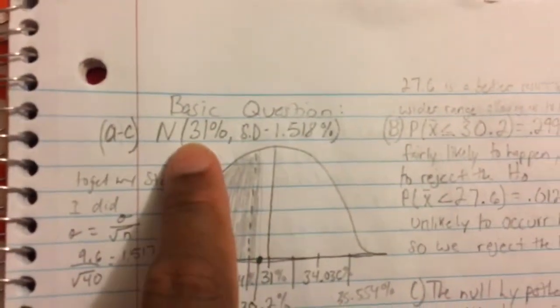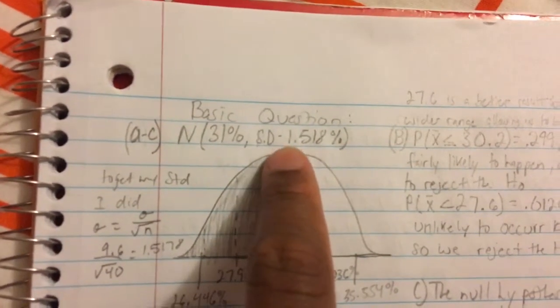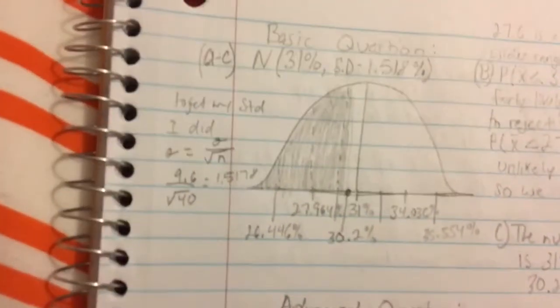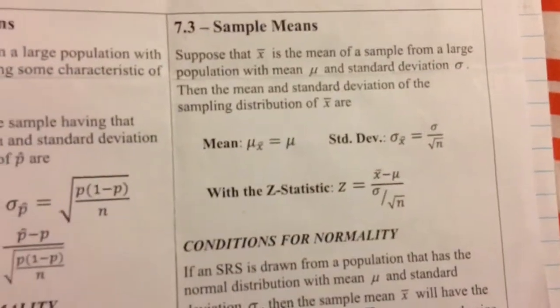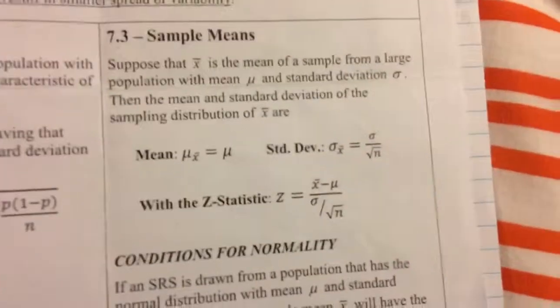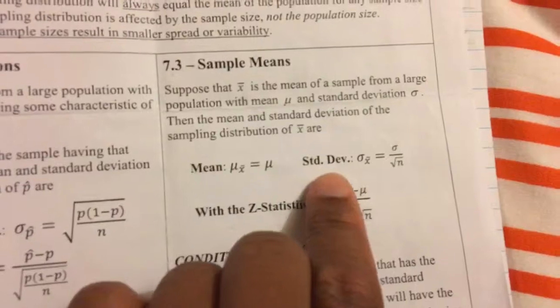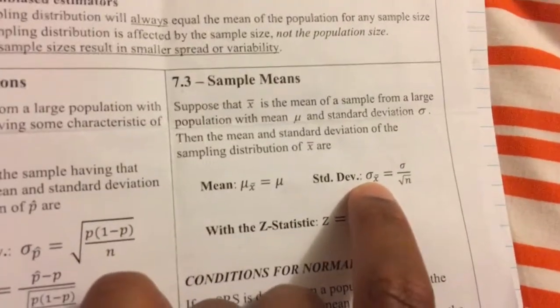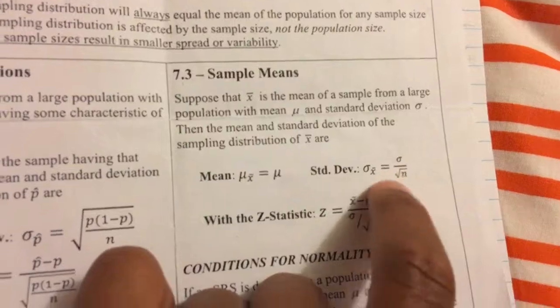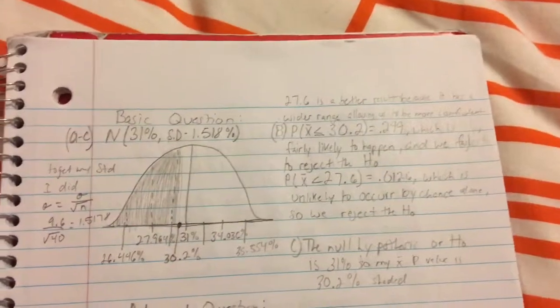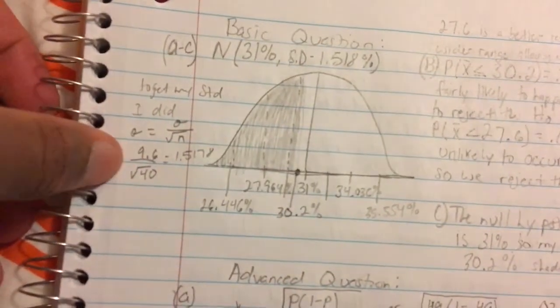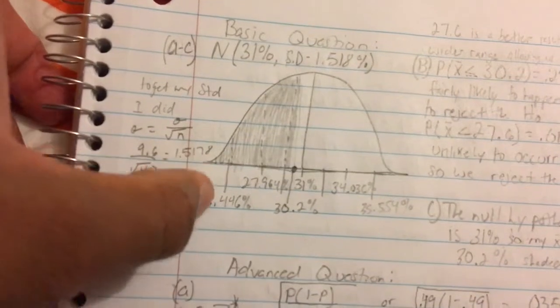So first things first, since they give you the null hypothesis of 31%, I wrote that down first. And I figured out my standard deviation is 1.518%. I figured this out by using the sampling distribution of the sample mean from AP Stats Chapter 7. I use this equation right here for standard deviation: 9.6, the population standard deviation, over the square root of my sample size, which was 40 that they gave you, which is shown right here by my work, which gives me 1.578, which is rounded to basically